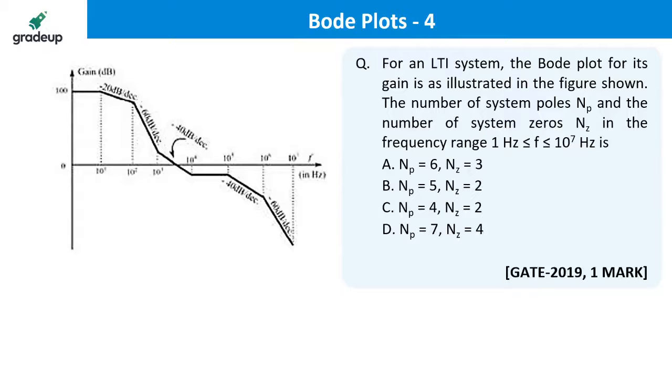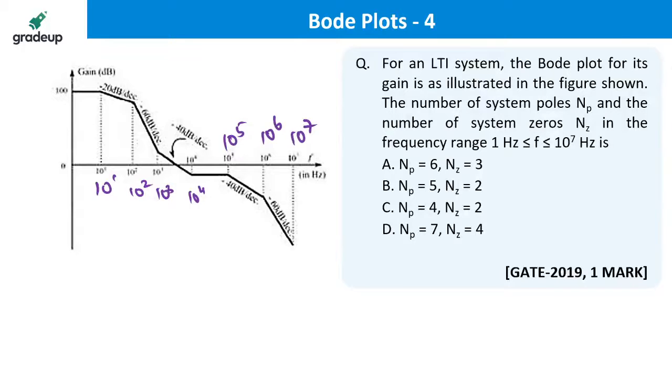Acha, 10 power 7, yeah, this diagram is pretty much not clear. See, I'll just make the clarity. Yes, the diagram is a little bit blur here. This is, guys, 10 power 1, then 10 power 2, 10 power 3, 10 power 4, 10 raised to the power 5, 10 raised to the power 6, 10 raised to the power 7. This is how it is given.